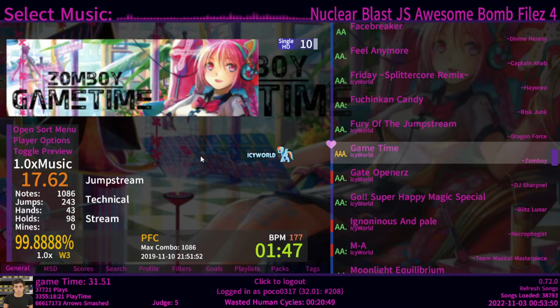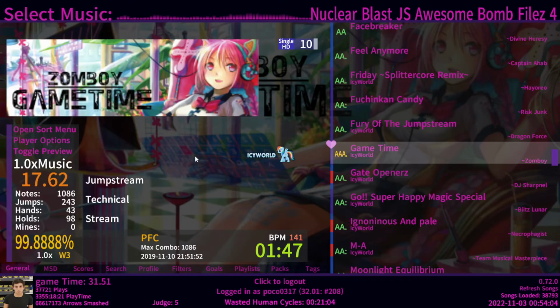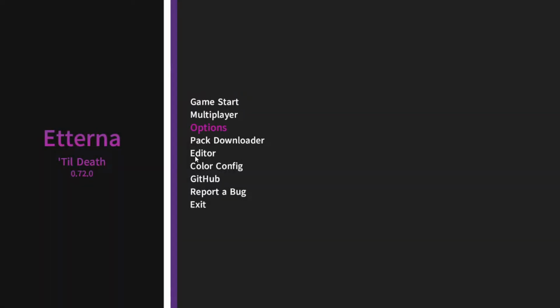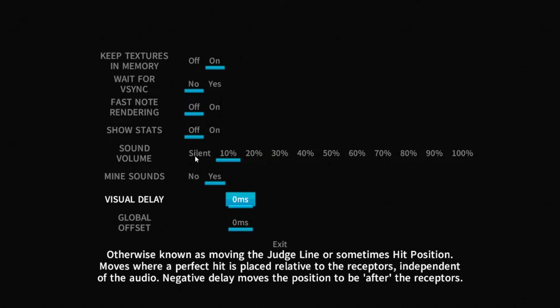So the third option for sync changing is something called visual delay. At least it's called visual delay in our game. In this F3 menu, this is the quickest way you can access it. You hold F3 and it is on the E and R buttons here. You can also go to the main menu options and you'll find it in the graphics options section right here and here. In Rebirth, you will find the same option here, or elsewhere in the settings menu available